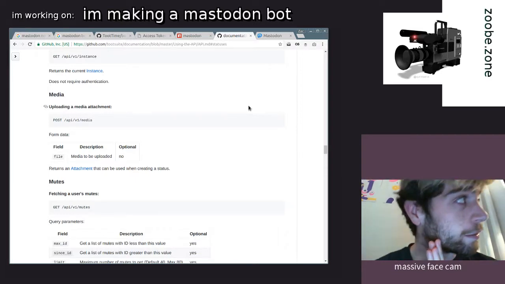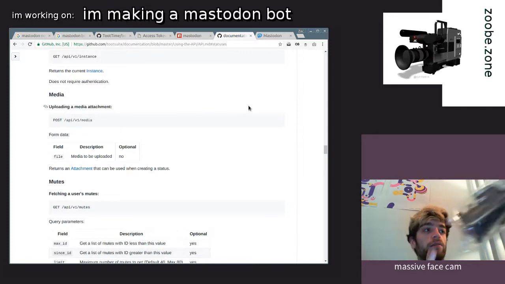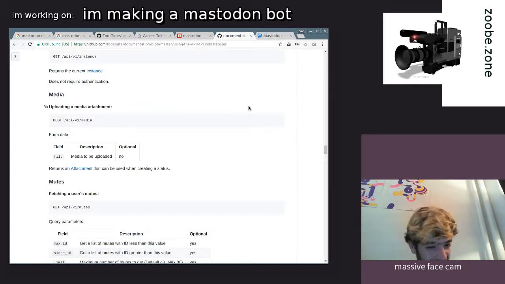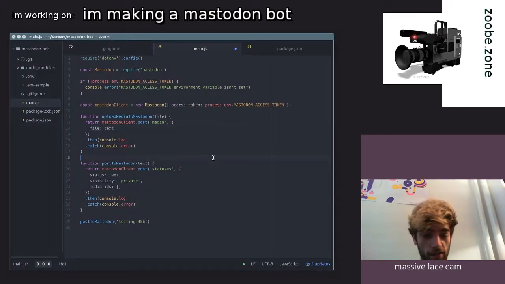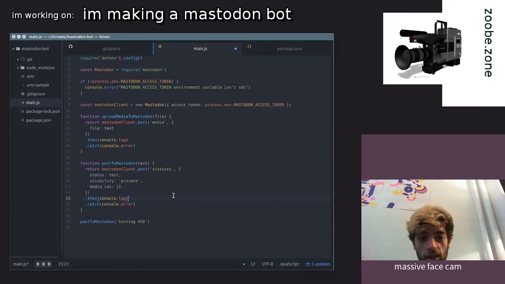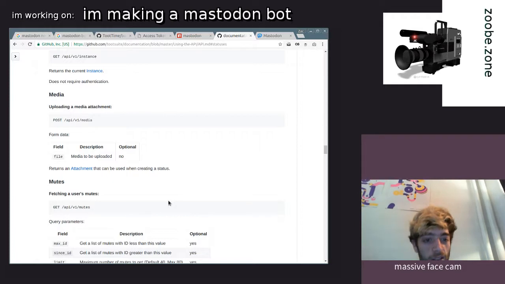APIs. Yeah, so you've got to upload the image first, or the media. So that could be like a video. Is anyone on the stream? Someone's talking to me. I don't actually know how many people are on the stream. So you upload the media, then you get the ID of the media, and then you send the status. Yeah, it kind of makes sense. It's quite a nice way of doing it, because then you can wait until all the images are uploaded and then send. I don't know. Yeah, it'd be kind of weird to send it all off at once, I think. Anyway, so